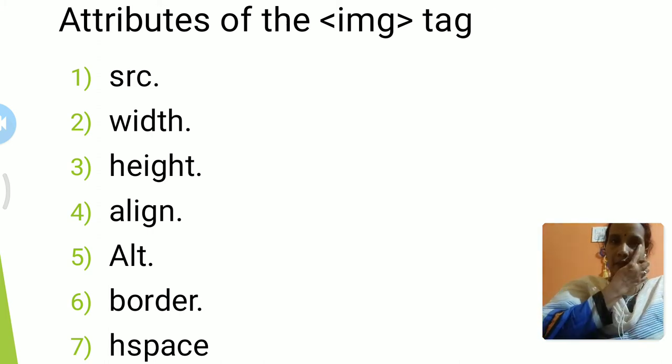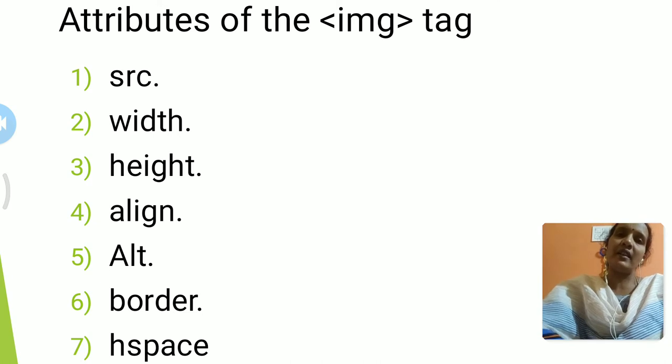Okay, example. In the previous example, I gave the src attribute in the img tag. So what is src there? Location. What information is it giving to the tag? It is giving the location of the image. So attributes are always used to supply some additional information to the tags.